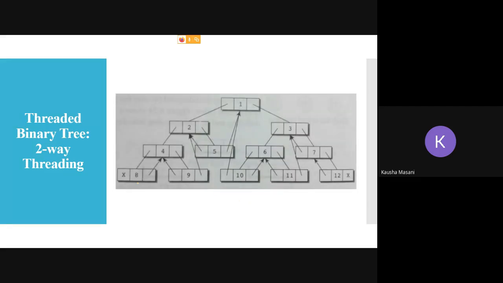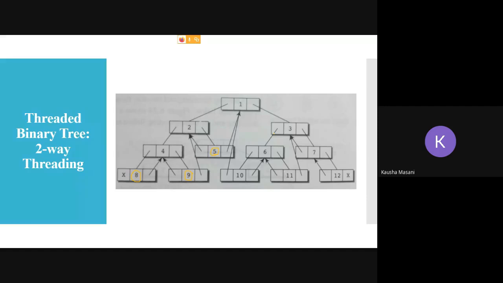Something like this, which I already showed you. See, 8 is pointing to 4, 9 is pointing to 4, right? Because 4 was the in-order successor for 8, and 4 was the in-order predecessor for 9. So both of them are pointing at 4. 2 was there again. 2 is the in-order predecessor of 5, so 5 is also pointing here.